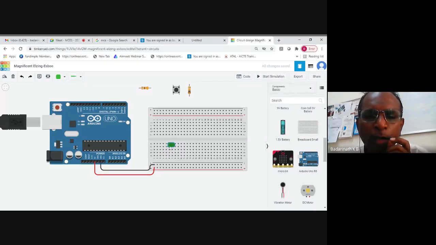If you place it in the same column like this, they are already internally connected. You are shorting these 2 points. That means that you are spoiling the component. You should not place the component in the same column like this. Components should always be placed in the row position. So you see now the orientation.